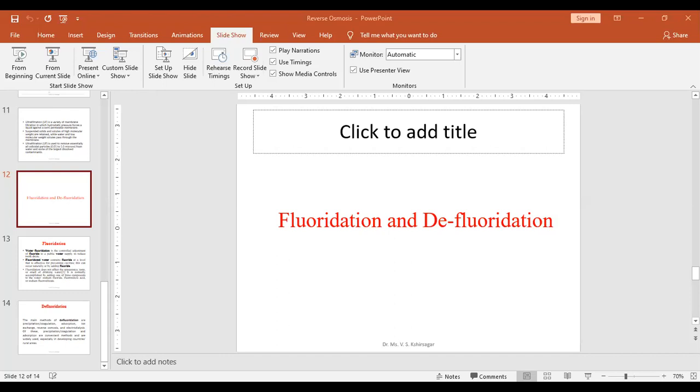So basically this kind of disease is being observed. Whatever diseases come from excess fluoride and less fluoride, these diseases basically attack children, and hence we observe dental cavity issues in children, as well as the mottling of teeth issue. Mottling of teeth means what? Multiple times we observe children having yellowish colored teeth.